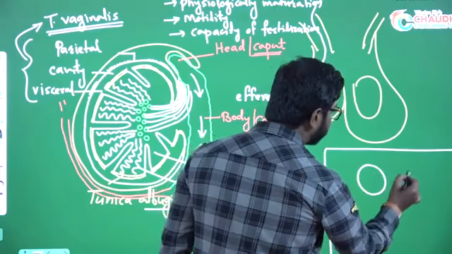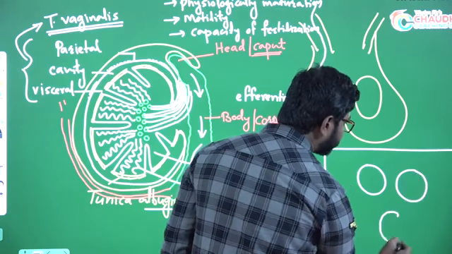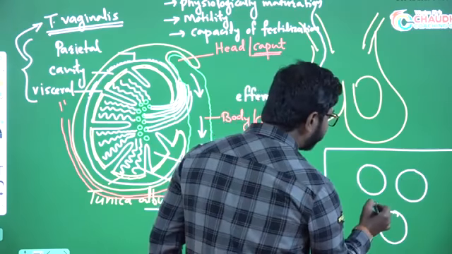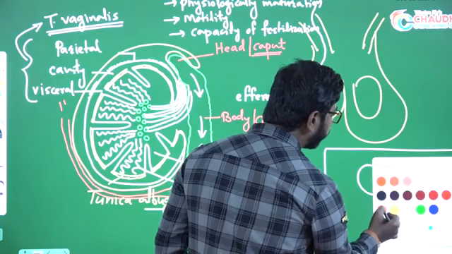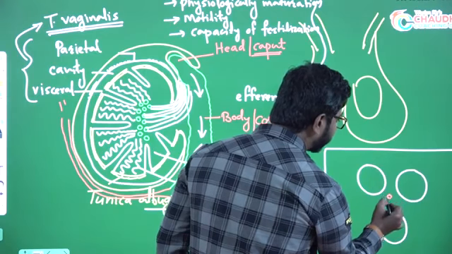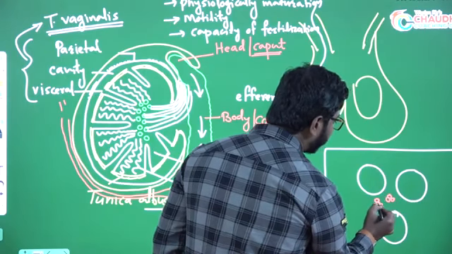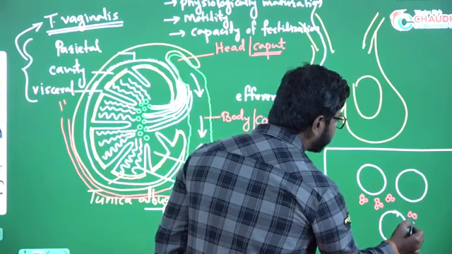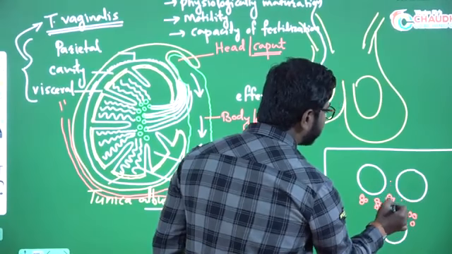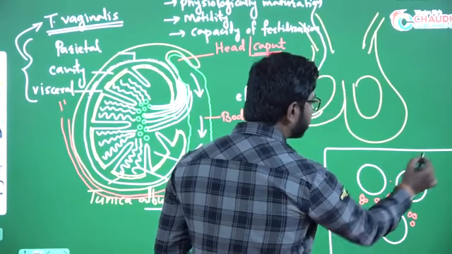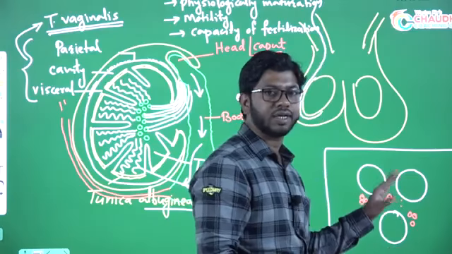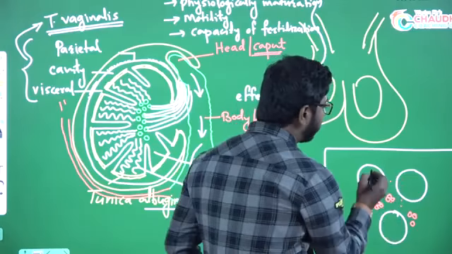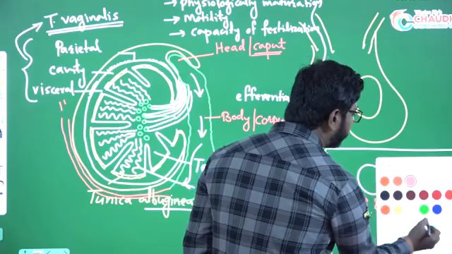These are the seminiferous tubules. These are the openings of seminiferous tubule. In between the seminiferous tubules, some group of cells are present like this, and these group of cells are known as interstitial cells. Some connective tissues are also there. So suppose this is a transverse section of the testes. 3 seminiferous tubules. Seminiferous tubules are lined by,